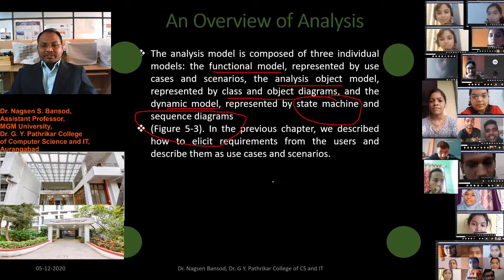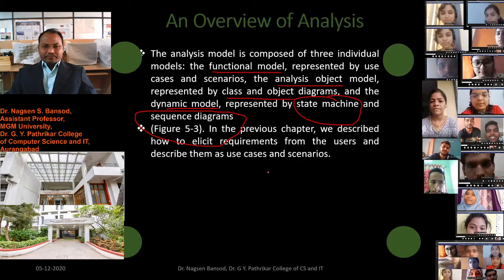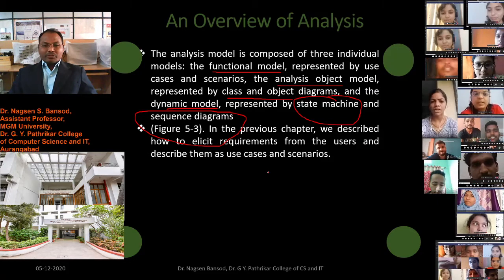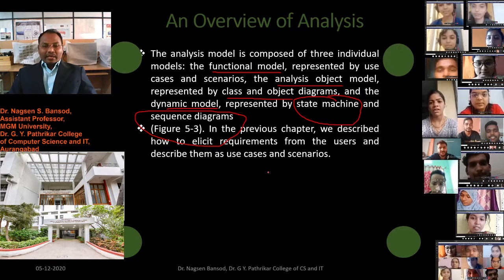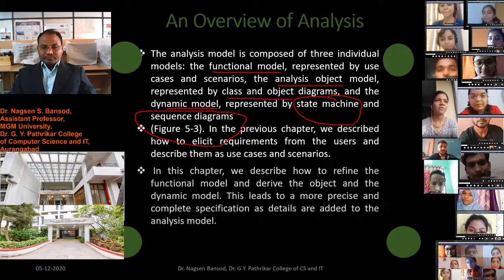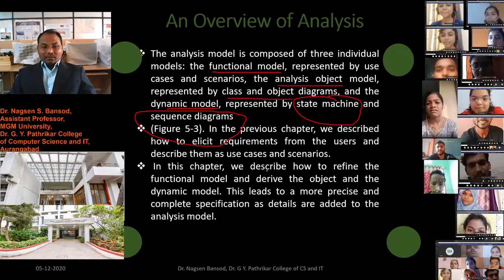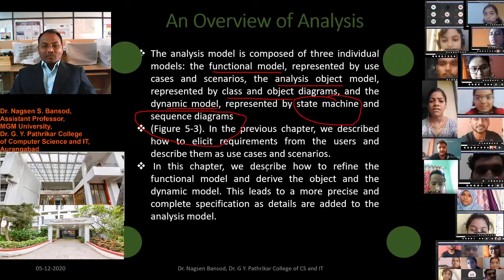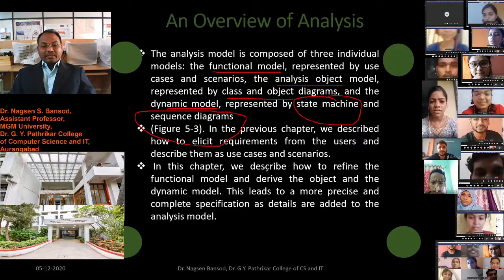In the previous chapter we described how to elicit requirements from the use case and describe them as use cases and scenarios. In this chapter we will see how to refine the functional model and derive the object and the dynamic model.